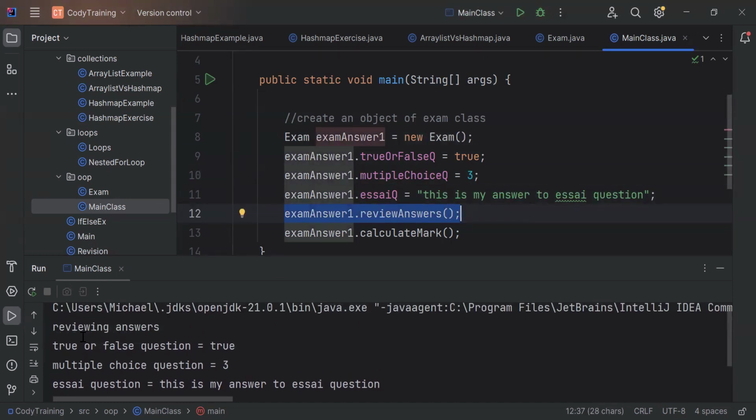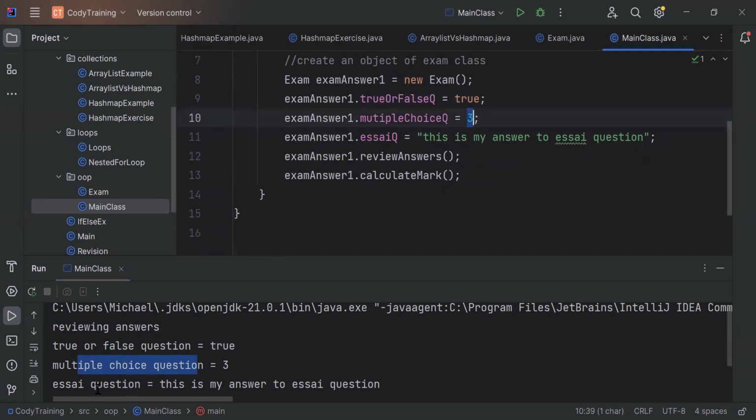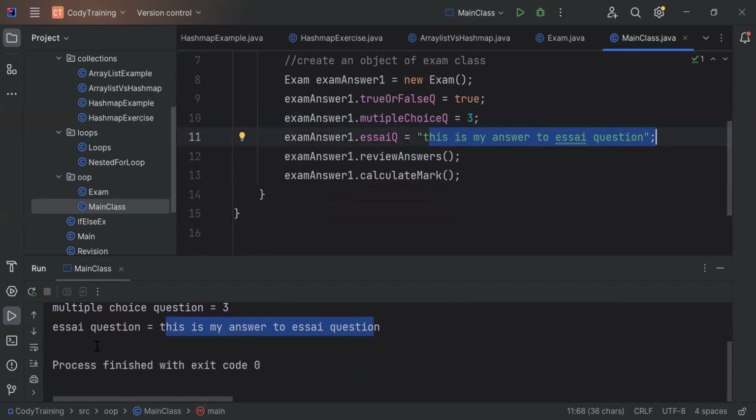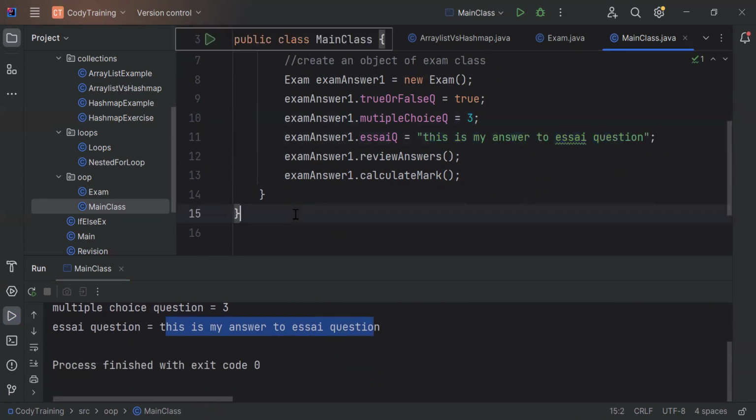So when I run this program, I get reviewing answers, then true or false question equal true, multiple choice question equal 3, essay question equal, this is my essay, this is my answer to essay question. Look, all these values I'm getting here. And that's it. You asked me a question, if it's